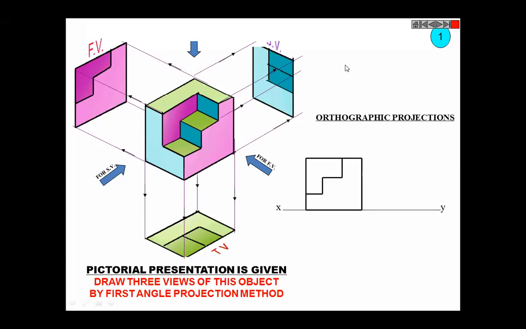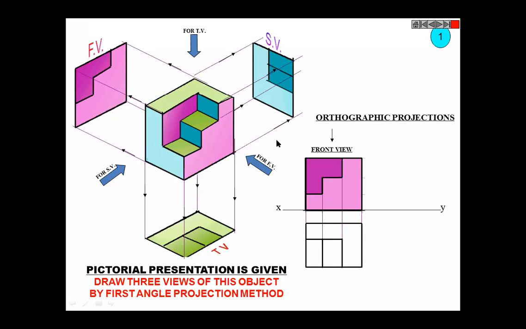Okay, so what we will do, first of all, we'll draw the XY line, then we will draw our front view like this, correct? Then this color is just for your better understanding. You don't worry about color, but this is the front view, that is sure. Then projection is brought downward and we created the top view. The top view will be away from these. You should not join these.